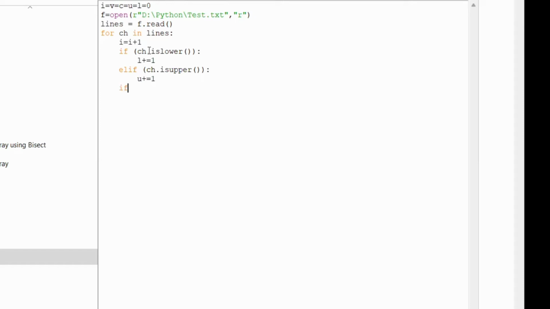So if ch in, I have to provide the list. I have to provide the list. So I will have to provide the list in this format. So A, E, I, O, U. So if this is there, then what I do, then I say V plus equal to 1. And if the rest of them